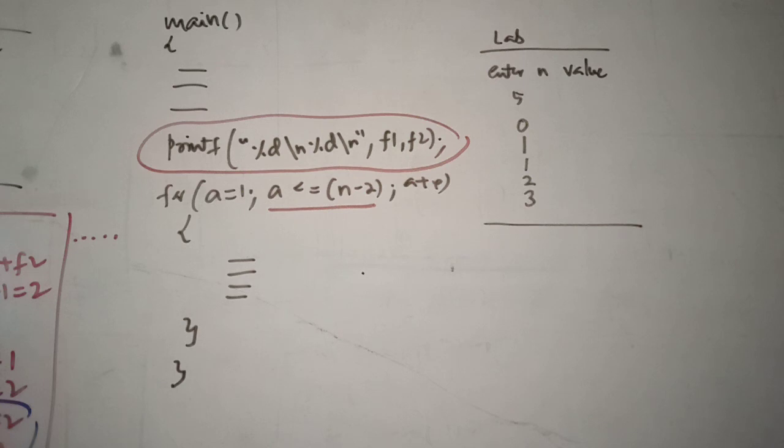Look at the program. The first 3 lines are common, and printf f1 and f2 we are supposed to print 0 1 also. So if your input is 5, 0 1 is also printed. Then look at the loop: a less than or equal to n minus 2. You repeat the loop only for 3 times. Your n is 5 and already 2 numbers are printed. You repeat the loop for 3 times, a less than or equal to n minus 2. You just identify the difference.